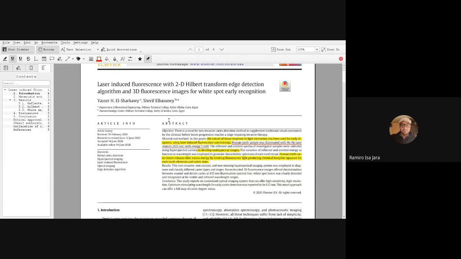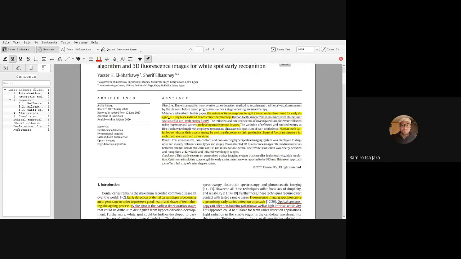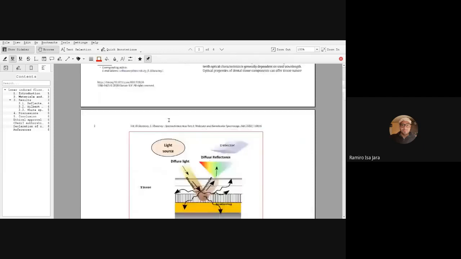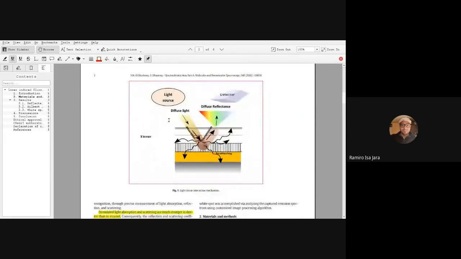In this case, the algorithms are focused on image processing of images acquired by fluorescence. The laser used is low energy, in the range of 5 milliwatts. The principal idea of this study is to address the reflection of wavelength in order to model the detection